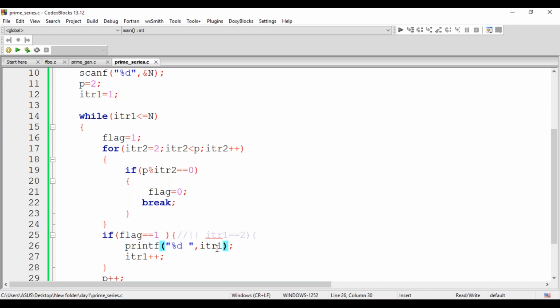So here, this ITR1 should not be printed, guys. We should print our number, right? So this is the one we are supposed to print. This number will be of a sequence like 1 to 3. Once you know the particular number is a prime number, it has to be printed here. Here is a mistake. We made a mistake in printing the number. Logic is right. During printing, we made a small mistake here. Okay, the remaining conditions are true. Let us go over the output.